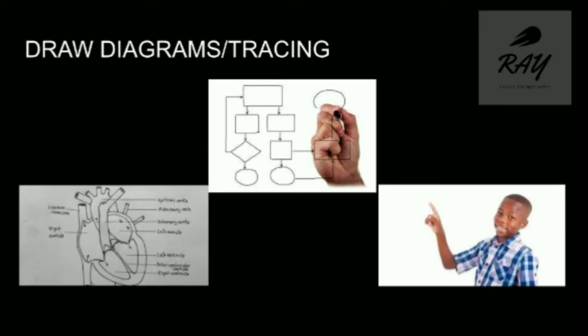Kinesthetic learners, as I said, retain more information if they are incorporated into any kind of movements or building or stories or visuals, because for them learning is exciting when it involves movement. They like to stay engaged and learn more things, and they would like to include some kind of physical activities rather than focusing just on reading or writing. So how do you do it? You can encourage a child to draw some diagrams, or you can ask them to trace a few letters when they read or write things.